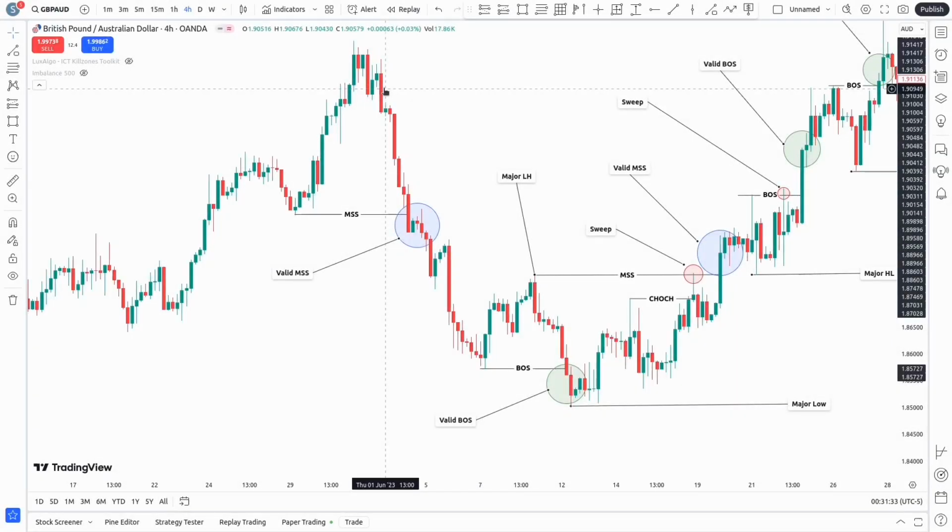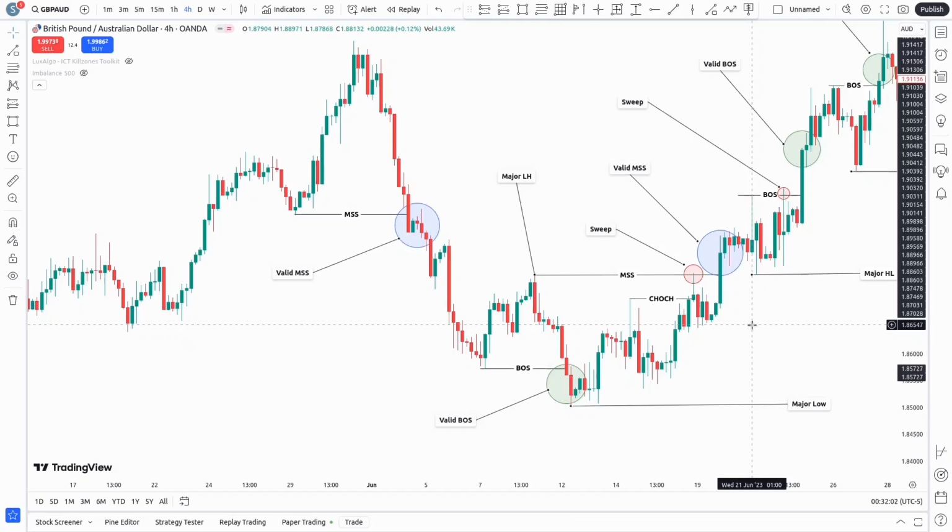This is a live example of charts to illustrate market structure analysis. As you can see, we are on the 4-hour chart of British Australian dollar. I have these markings to help you understand what I have taught so far about